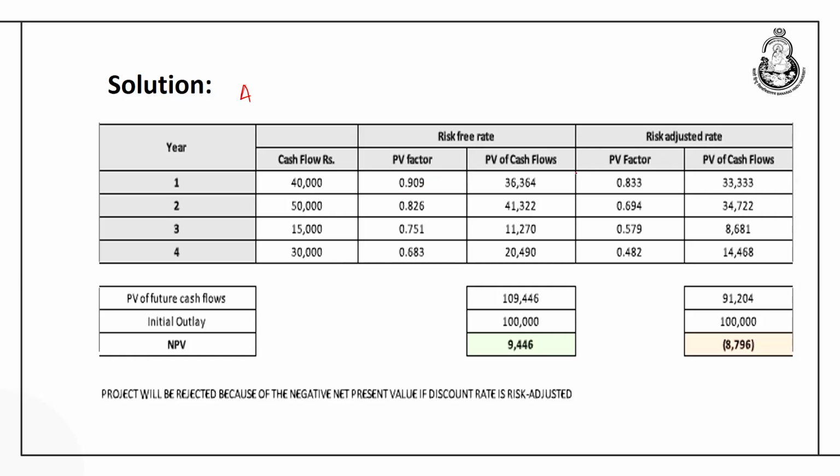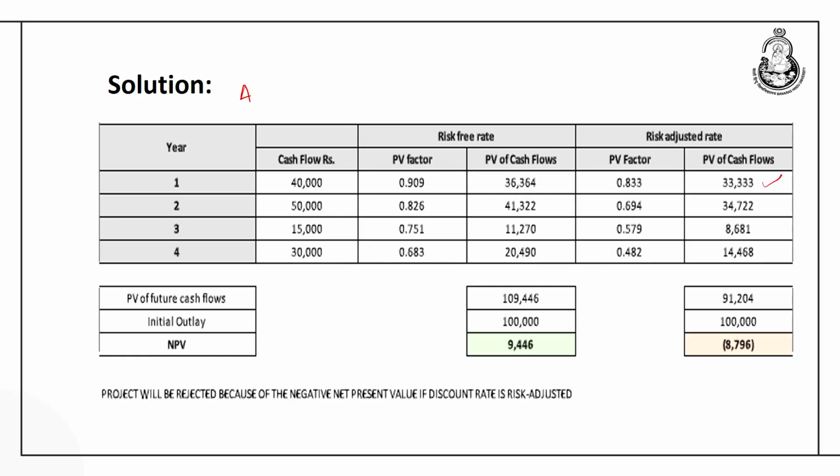So, the PV of cash flow was 36,364, but if the same 40,000 is discounted using a discount rate which has the additional risk premium embedded into it, now the PV factor at 20% will be 0.833 and the PV of cash flow would be as low as